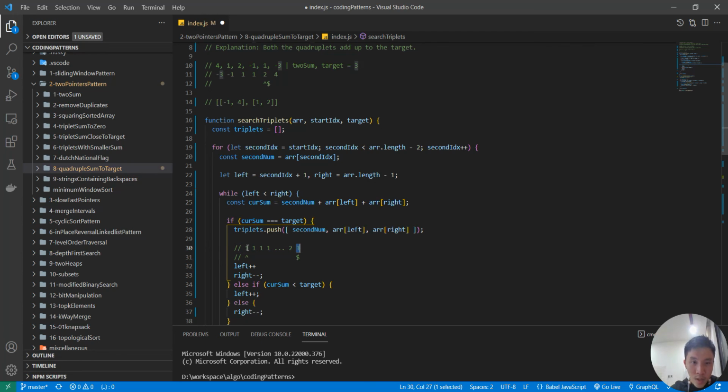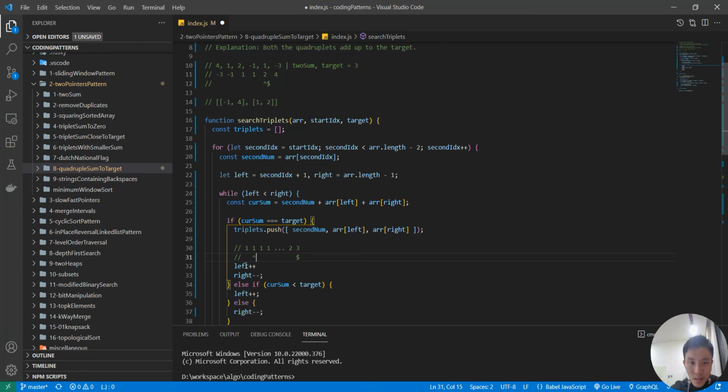So 1 plus 3 is 4. So here is a valid pair. So just by moving the left pointer forward is not enough to make sure that we have a different pair,